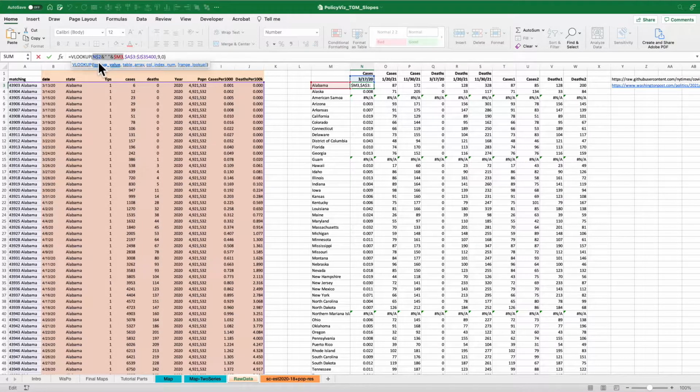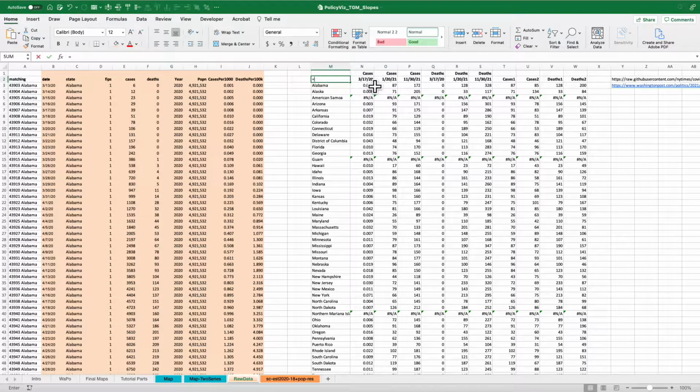So I'm going to copy this right here, and I'm just going to put it right in this cell so you can see it. All this does is convert the date to a number, the way Excel will just convert it to a number, adds a little space in between, and then the state name. So that's what I'm going to search on in my raw data